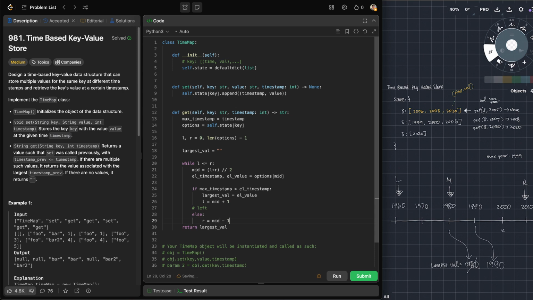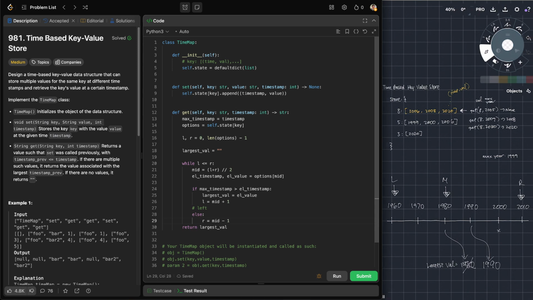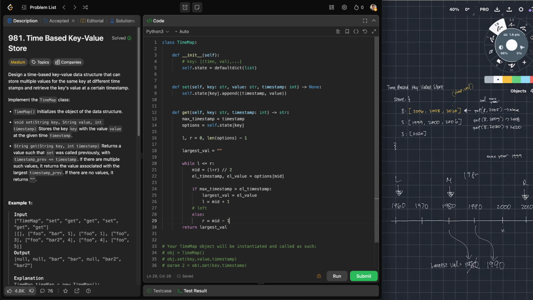So let's think about the different cases that we have here just to make sure. Let's say our max year was not 1999, it was actually 1980, which is the same value as this mid. And in binary search, usually we're searching for an exact value. What happens in our code if this happens right here? Well, we're not setting it. So we need a greater than or equal to here, where if it is equal, we go ahead and